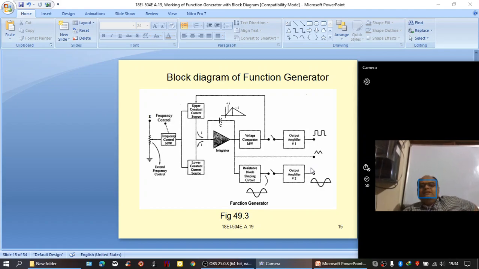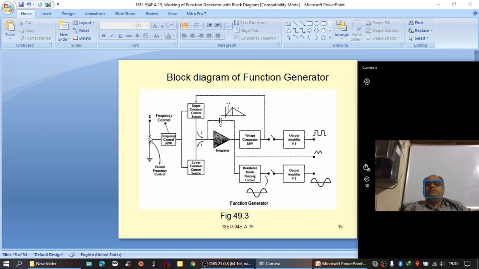Now, let us try to analyze the working of this circuit, how it functions. Let us suppose that the power supply is switched off initially, and the voltage on the capacitor is 0. When the supply is provided here, and by adjusting this potentiometer, you can vary the power supply to the constant current source. The more the voltage, the more the current flowing through the circuit. Here simply resistive networks will be available.